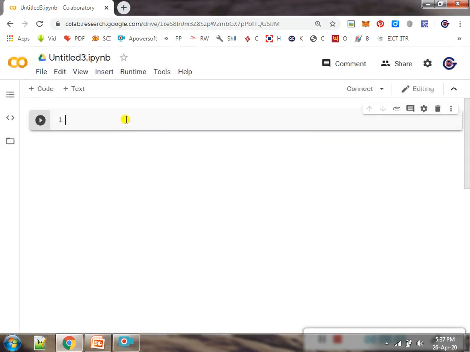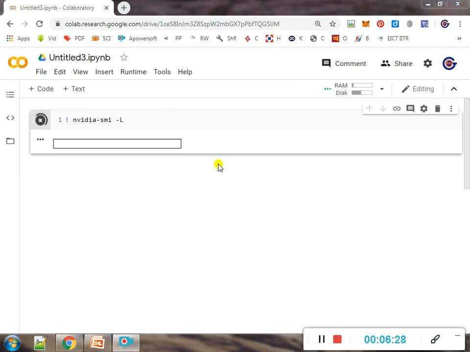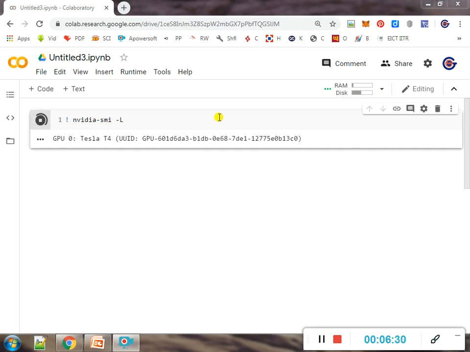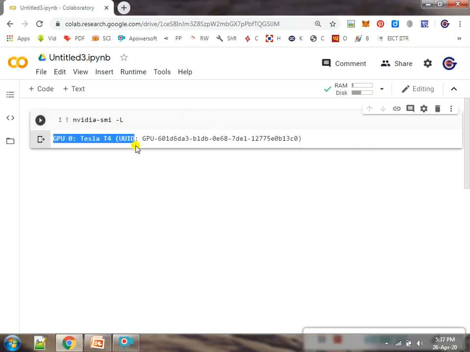Now I want to see the configuration of that GPU, so exclamation sign nvidia-smi, or simply we can write nvidia-smi also. Now it is executing this command, and you can see this is the verification.